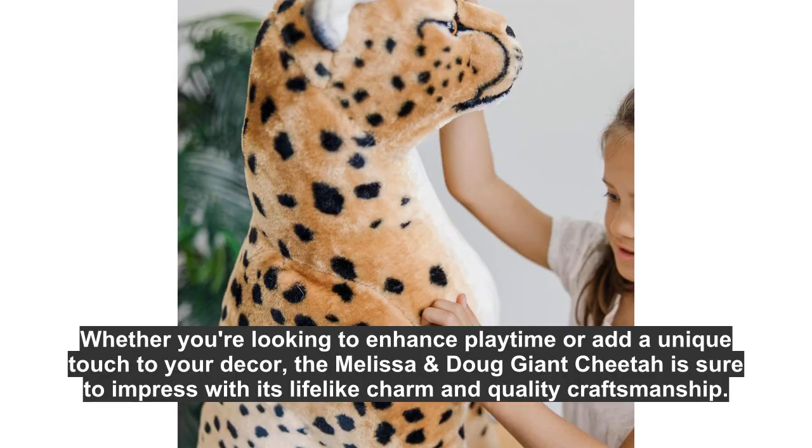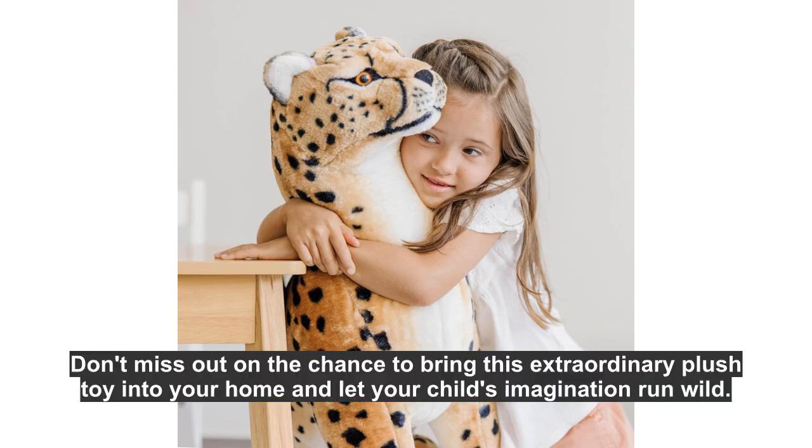Whether you're looking to enhance playtime or add a unique touch to your decor, the Melissa and Doug Giant Cheetah is sure to impress with its lifelike charm and quality craftsmanship. Don't miss out on the chance to bring this extraordinary plush toy into your home and let your child's imagination